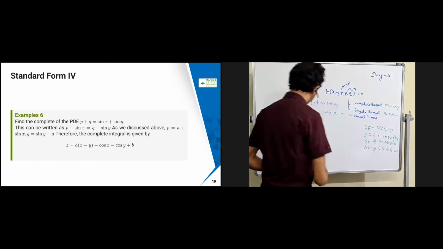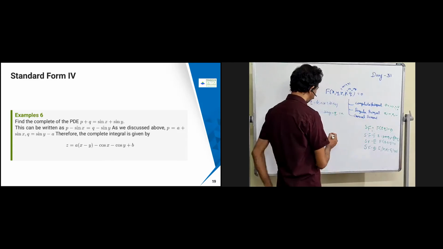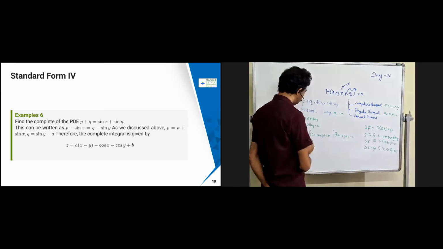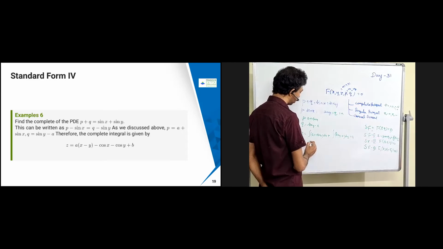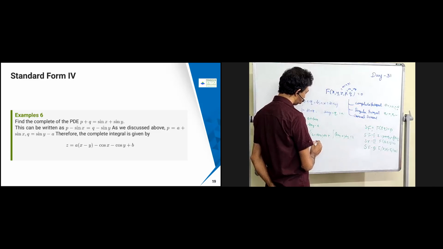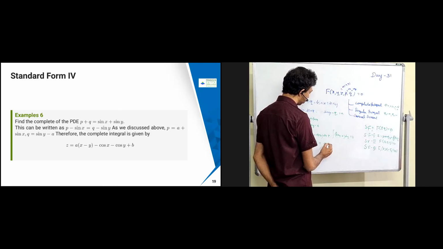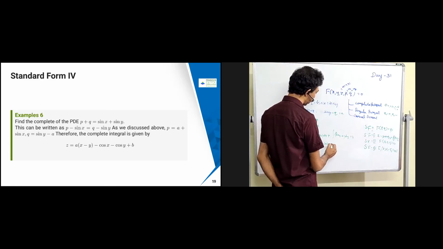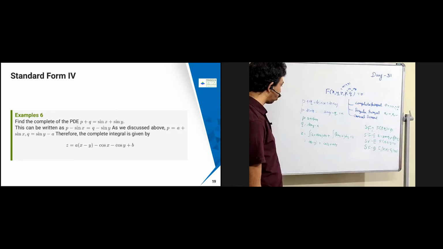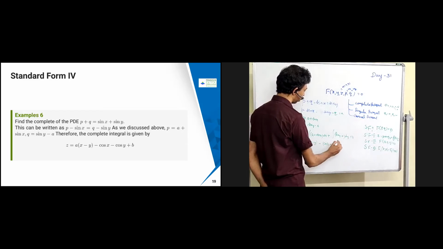So a plus sin x dx, and then plus sin y minus a into dy plus some constant is going to come. So this is going to become like ax, and here minus ay is going to come. So I am going to put minus y here. The integral of sin x dx is going to be cos x, and this is going to be cos y into dy, so both will be minus. So cos x and minus cos y is going to come.